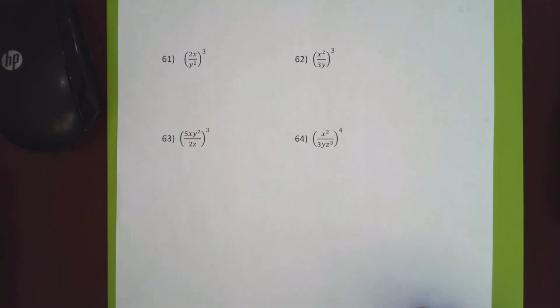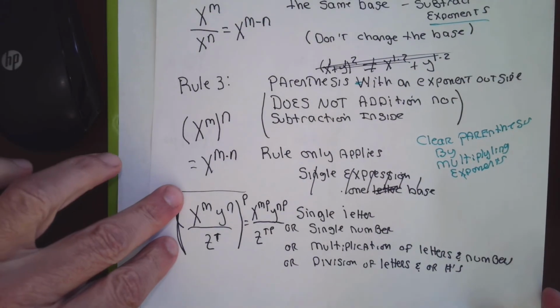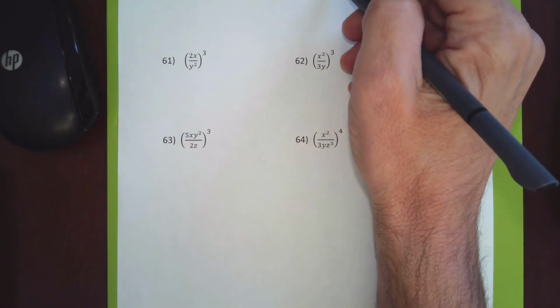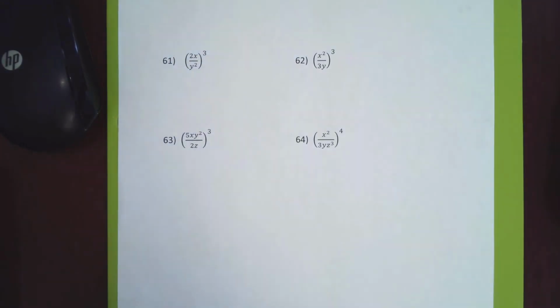This rule 3 applies to fractions, and so I'm going to use rule 3 as long as there's an exponent outside of parentheses, as long as the problem doesn't have addition or subtraction inside the parentheses. Then the shortcut to simplify the parentheses is to multiply the exponent by any number or letter that has an exponent, and instead of writing an exponent of 1 and then multiplying the exponent, attach the exponent to any number or letter that